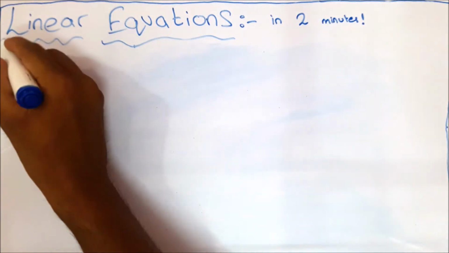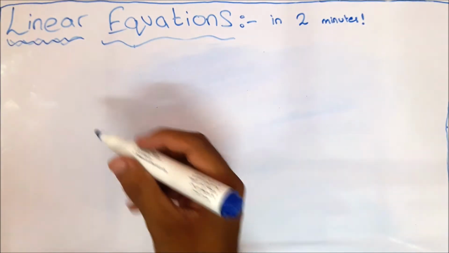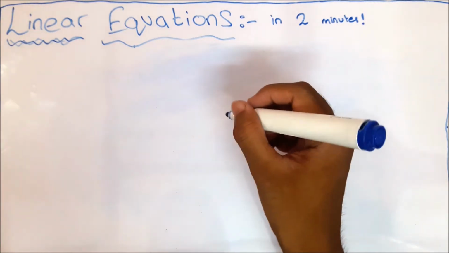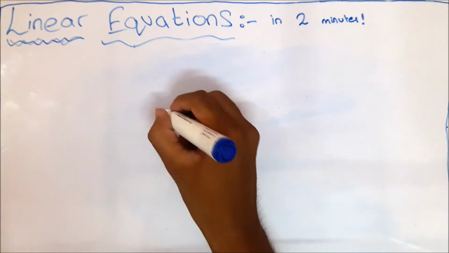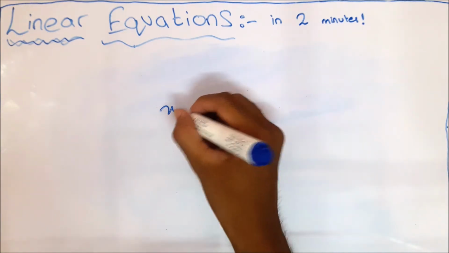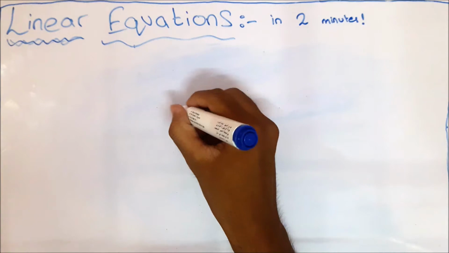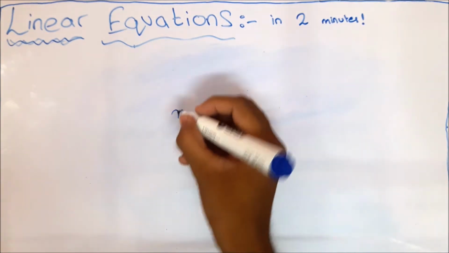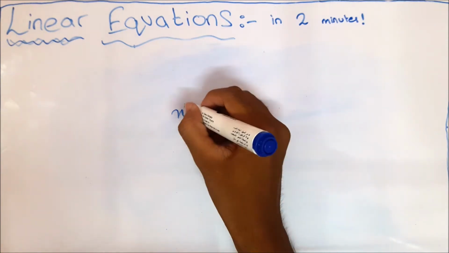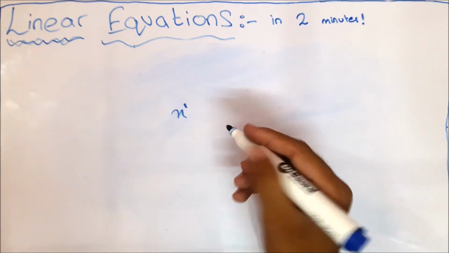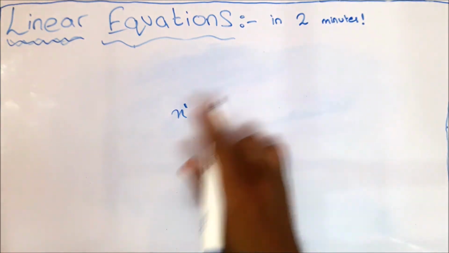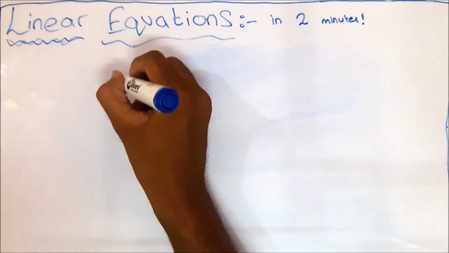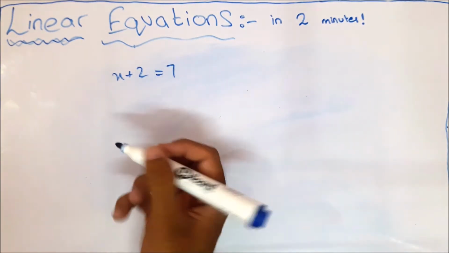So when this linear thing comes in, we know that there is some x in it, some x or y or any m, n, o, p, any variable in it. But this variable, like name it v, or this x is used a lot, so we'll use x. This variable should be raised to the power 1 and nothing else, like no 2, no 3, no 4, no 5, nothing else, only 1. So a linear equation can be written as x plus 2 is equal to 7, or